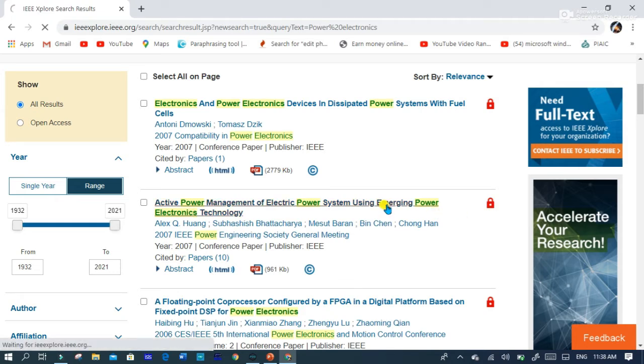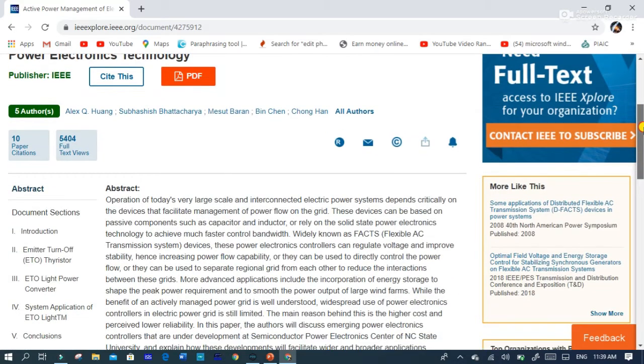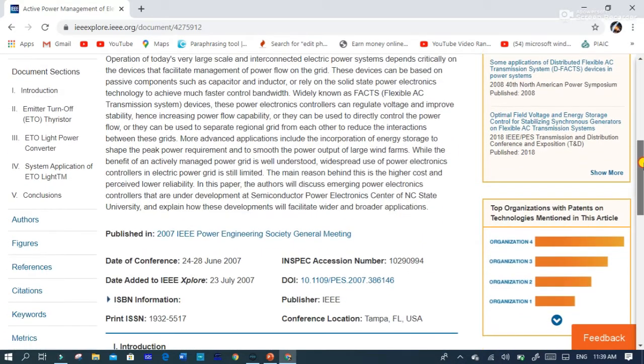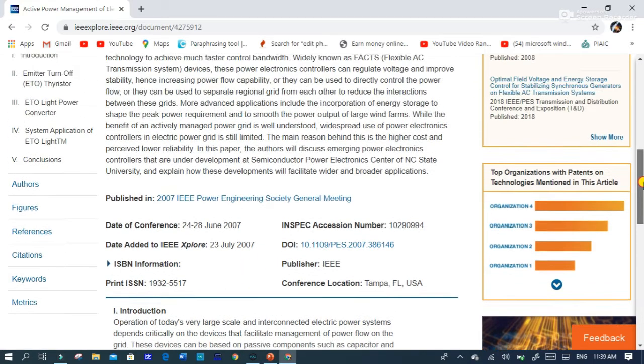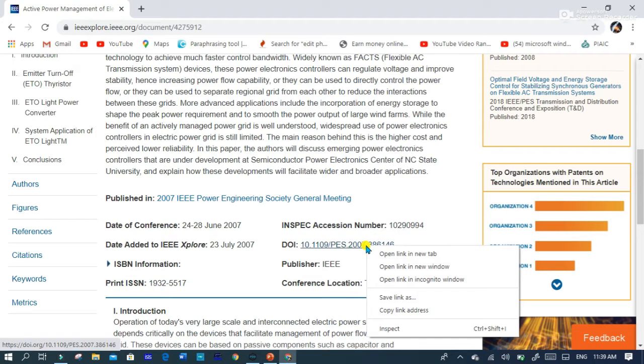Click on it. And here you can see that only the abstract of the research paper is visible to us and the remaining part is not visible. So what you have to do? You have to copy this link